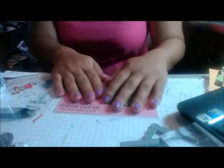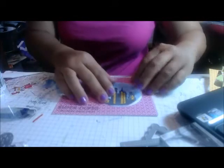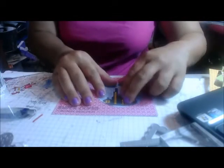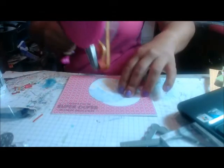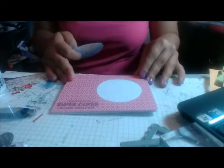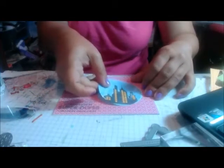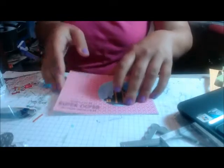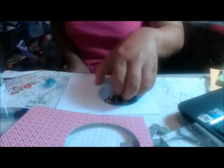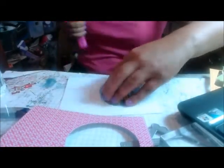Once I've got all of that together, the first thing that I'm going to do is make sure that this circle gets put in the right spot. So before I start anything else, I'm going to go ahead and adhere my circle. I'm going to line up my paper, and then press down really well. Actually, I'm going to put a little bit more ATG on this side. Okay, so once that's down,